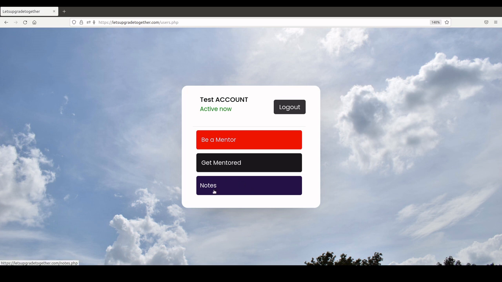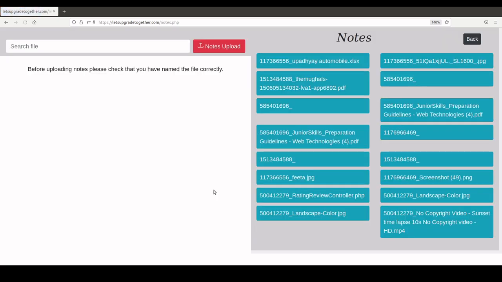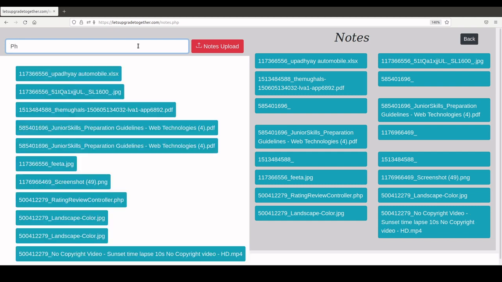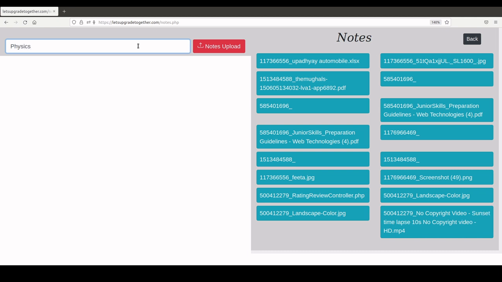Now we'll click on the notes button, and this is the place where you'll upload notes. Currently the notes have not been uploaded in the correct format, but you will have to upload them in a way something like this. First the subject name, so maybe physics, then an underscore or just a space, and then you will write your class.